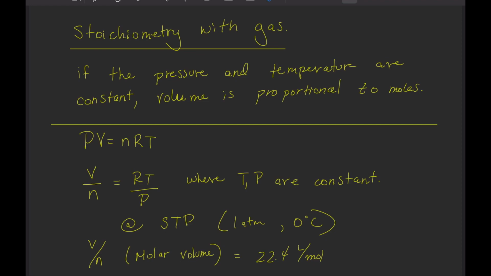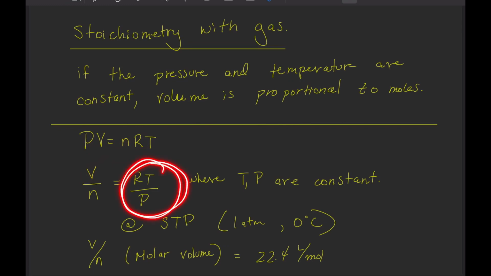When we're using pressure and temperature of a system, a common system that we come across is the standard temperature and pressure, or STP. At STP, which a lot of the problems you'll see will be under, the molar volume, which is the ratio of the volume to moles, is constant. We can say it's constant because of rearranging the ideal gas law, moving P to the denominator and n to the denominator on the other side,